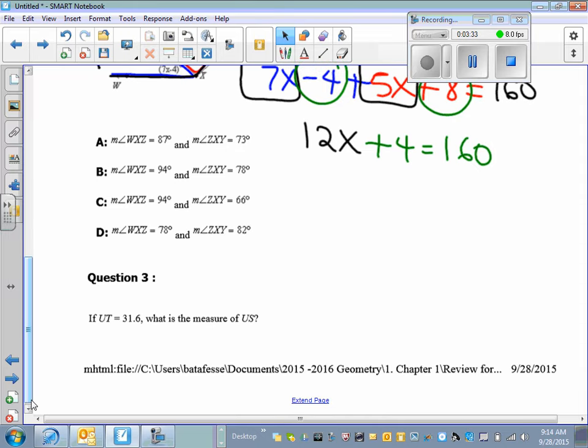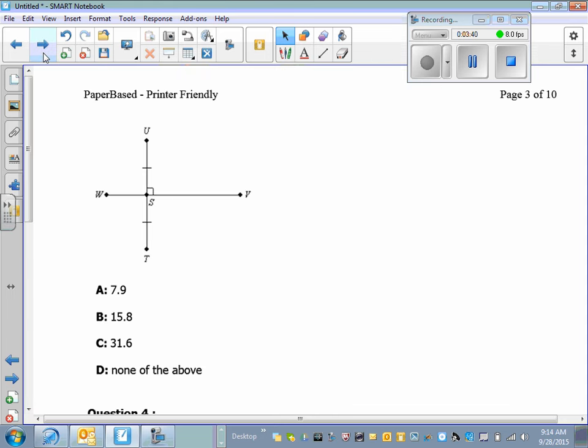Number 3, UT is 31.6. What is US? The picture is on the next page. UT from here to here is given to be 31.6, and the question is, what is US? Since you know this piece is congruent to this, all you have to do is take the 31.6 and divide it by 2 and get the answer. Number 4,